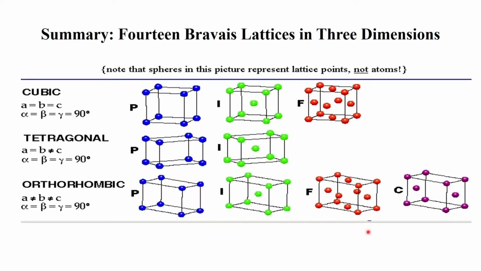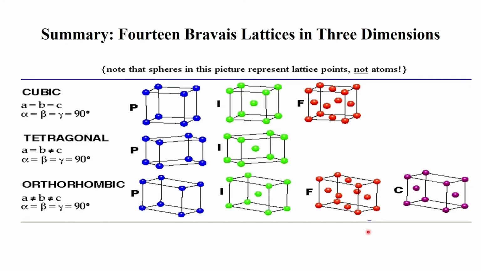Extending the same logic of finding these symmetry elements, we saw that there are 5 plane lattices. Since there are 7 crystal systems, these 7 crystal systems now will generate 14 lattices, just like the 4 crystal systems in plane lattices generated 5 lattices. Here the 7 crystal systems will generate 14 of them, and these are referred to as the Bravais lattices. It's after the name of the person who discovered this, and this therefore now represents the third dimension, the 3 dimensions. And then we see here the cubic system.